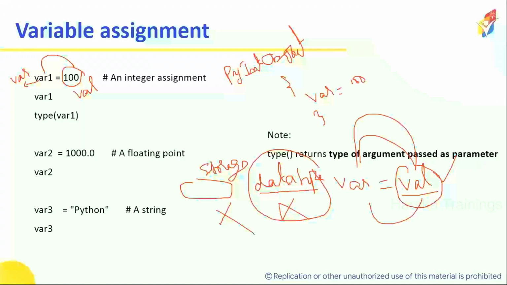Now, if you want to ask, sir, what is the data type of variable 1, there is a built-in function called type. It will tell me it is an integer type. I will showcase it in 2 minutes. For example, if I want to store float values, 1000.0 is called a float. I will assign this value to a variable called variable 2. Then I will print it. Now, if I want to assign a group of characters, called a string, to a variable, this will be called a string. Now, shall I showcase these 3